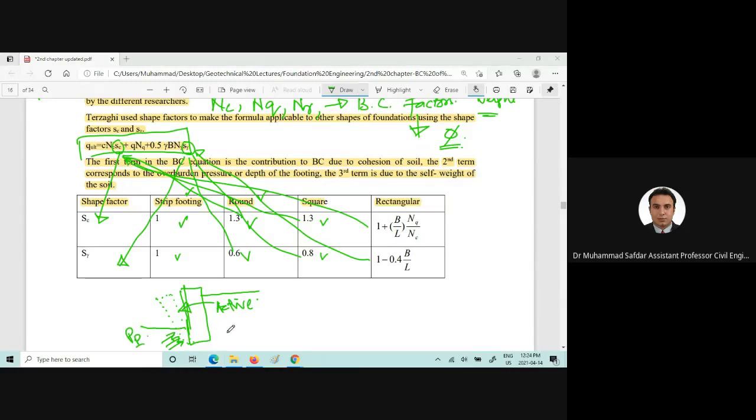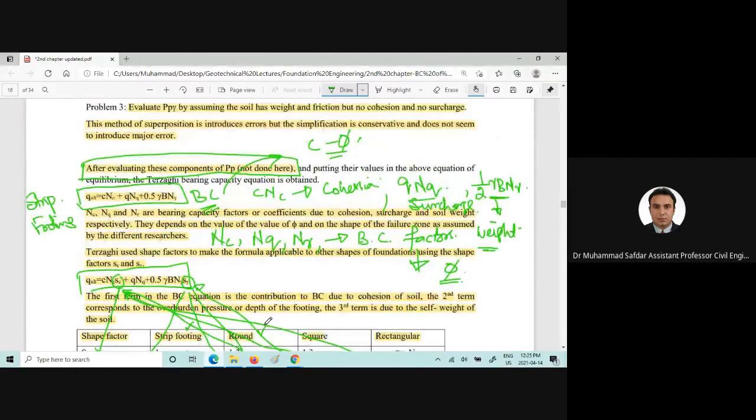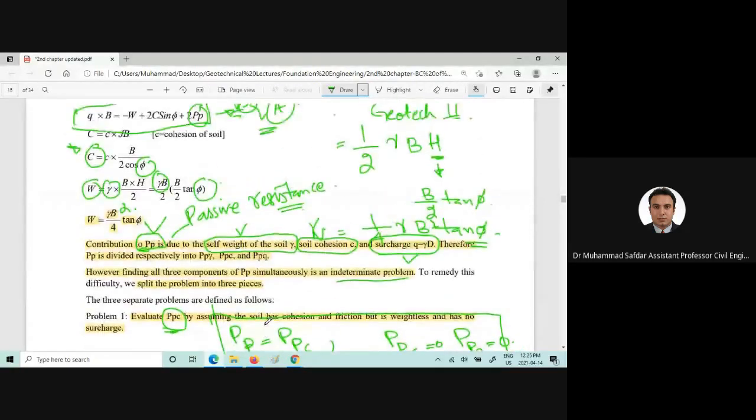So this is the same pressure which we studied in Geotech 2 for retaining walls. Yes, exactly. So the same passive pressure and the same concept he took from the retaining wall, and that's why we call that